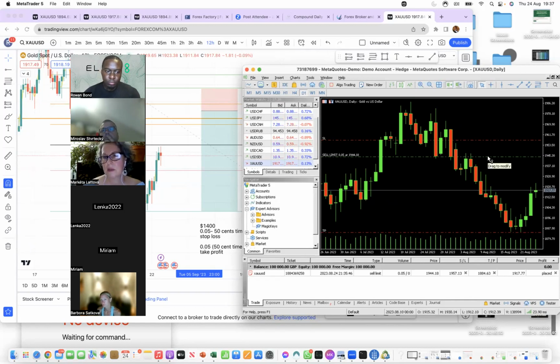Jakmile se tedy cena dostane tam k té mé zóně, tak se ten celý obchod zaktivuje automaticky. This stop loss will close the trade if it goes higher than that for me automatically. Stop loss se aktivuje taky automaticky. And it will also close the trade for me automatically at the take profit if it gets to my take profit area. A pokud se cena dostane do této zóny, kde mám take profit, tak se automaticky zavře s profitem